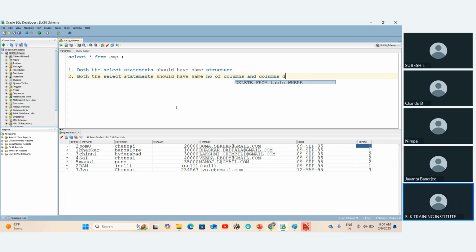And the column data types should be the same, in the same order. And column names need not be the same. Data types are mandatory. Both select statements